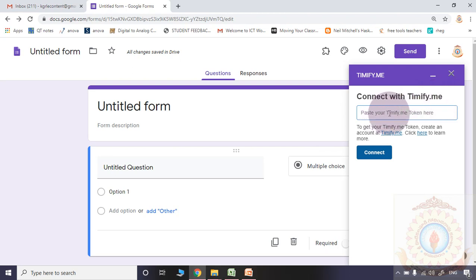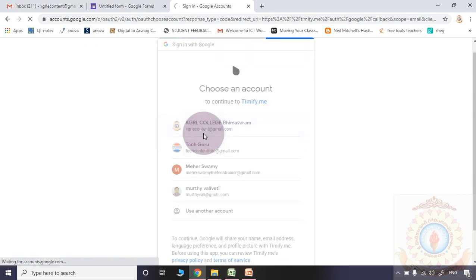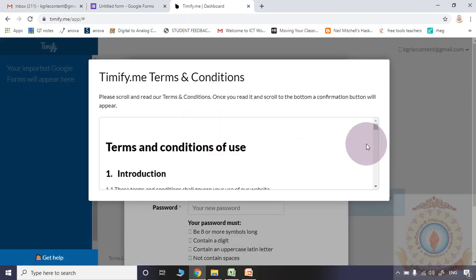Here you need to paste the token. From where you will get that token, please observe here. To get the Timify.me token, create an account. Here they have given one website. You need to click it. Here you are supposed to enter your email ID or sign in with Google.